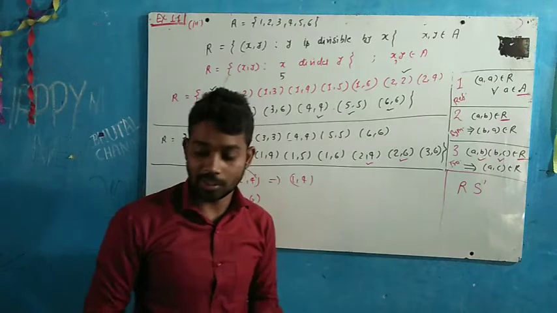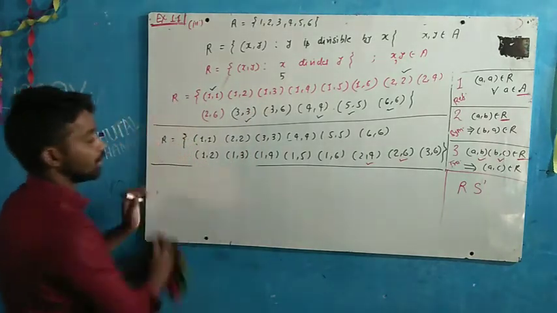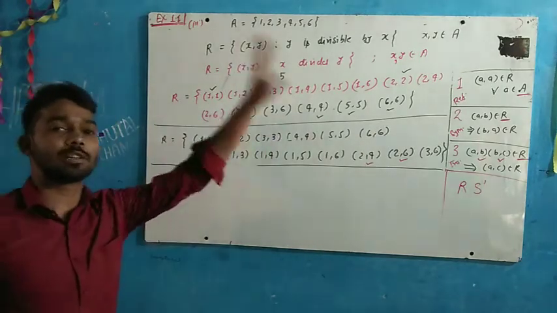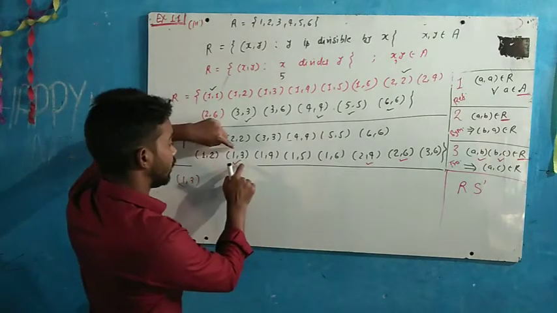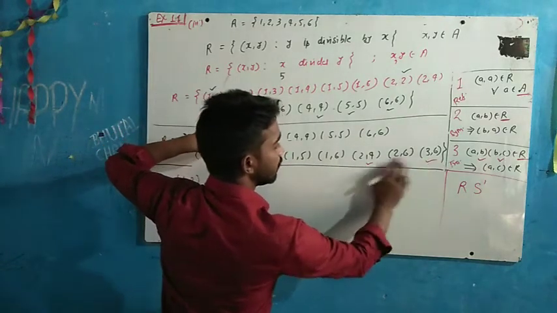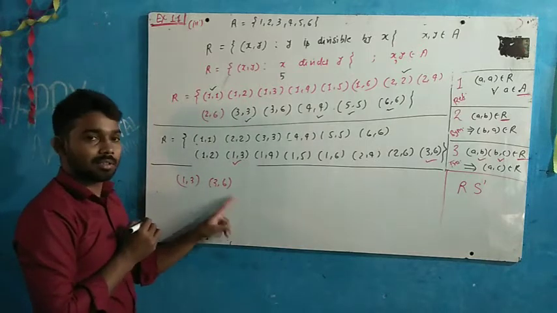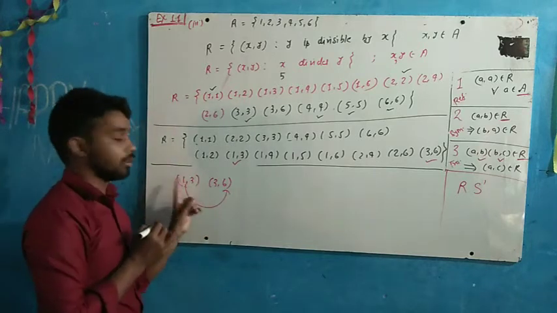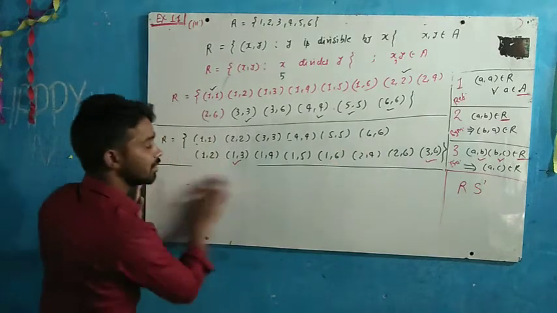I think clear? Okay. Now similarly, we are going to fix the next element, (1,3). Now with (1,3), we have to select that ordered pair which starts from 3. Now see, it does not start from 3. This is fixed. Where is 3? Only one element: this starts from 3. So (3,6). Now see again: (1,3), (3,6). 1 is connected with second, second is connected with third, so 1 should be connected with 6. Is (1,6) present? Yes, it is present. So up to here again it follows the rule.